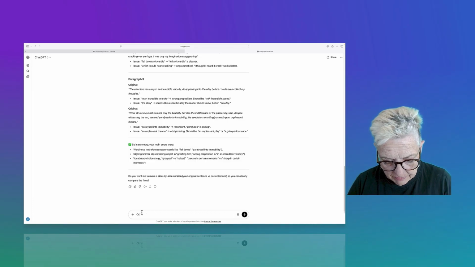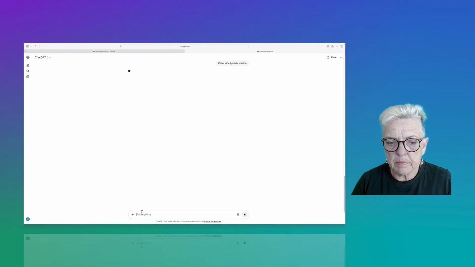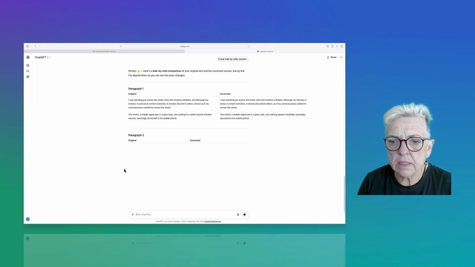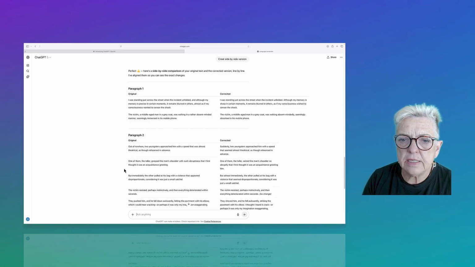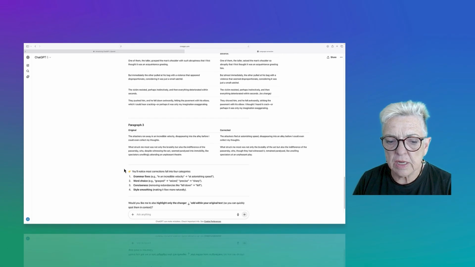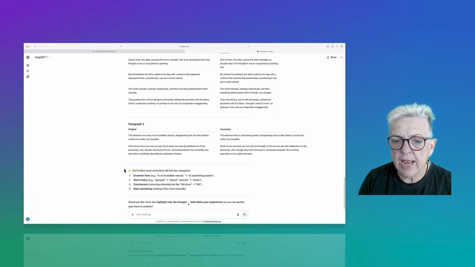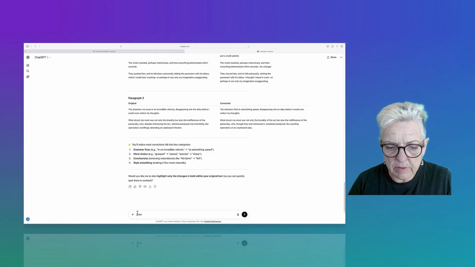Create side-by-side version. This certainly helps for the analysis, and this is a great way of doing the noticing so students can work it out. Okay. Again, you can create a test, create learner feedback,